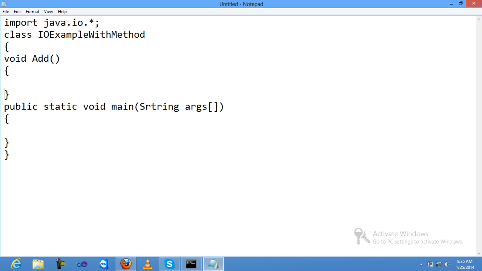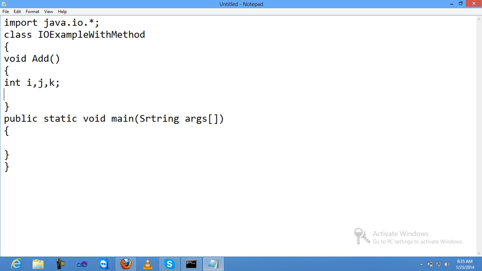Let me use it, and I just declare inside this: int i, j, k, the declaration of three variables. Now I'm using input stream reader here. Either you can use it like this: